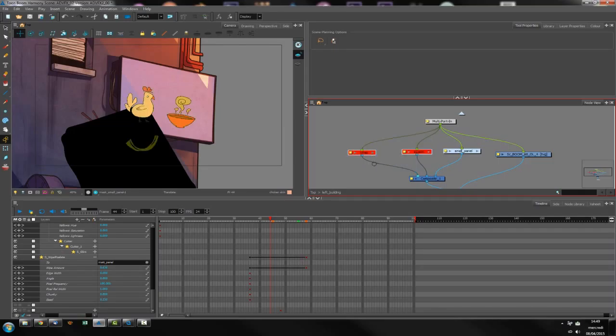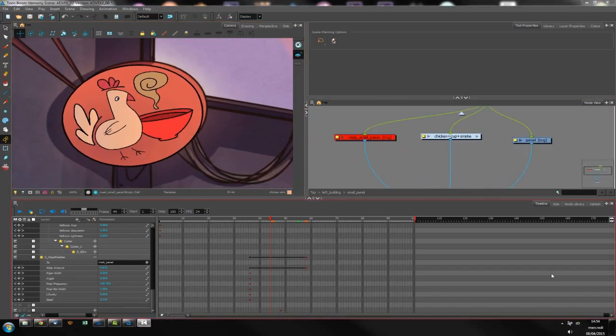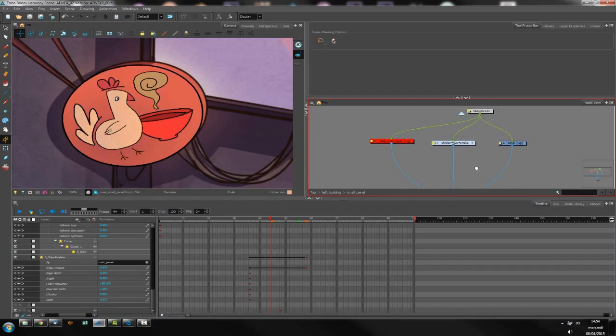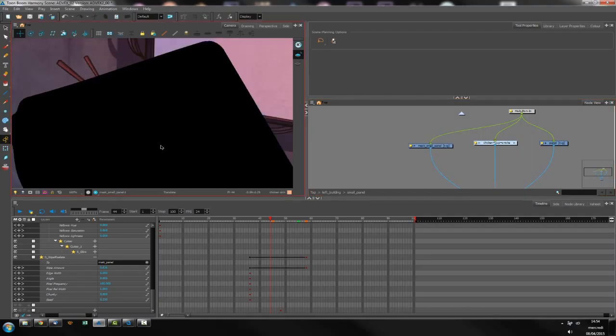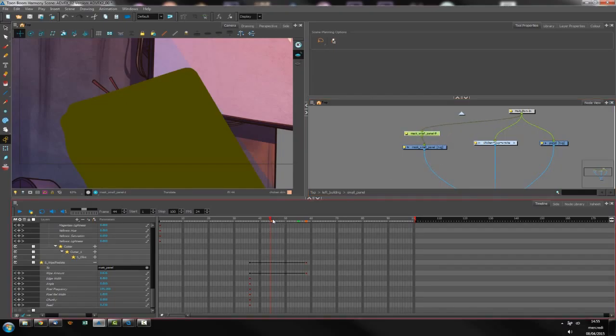So let's begin with the small panel. First step on this first panel is to create the appearance of the chicken and the cup and the smoke here. In order to do that, I've created a small mask, big mask actually here, which I will animate. So I create a peg, plug it on it,